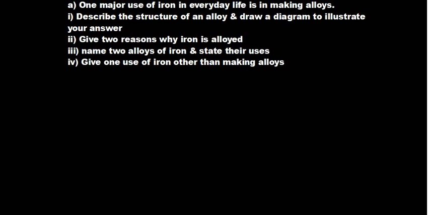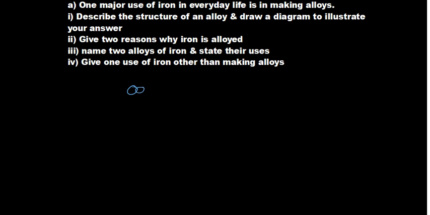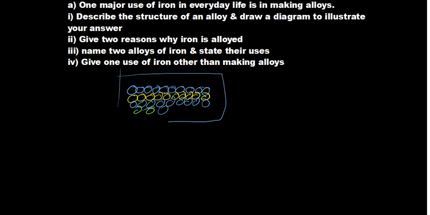Then, a diagram to help us understand this, the picture I'd want you to have is this. Let's say we have these particles of a certain element which is part of that alloy, let's say a metal. Then on a different layer we have something different. Something different like that. You can have a good number of them. So this is the picture that I would like us to have to understand what an alloy is,